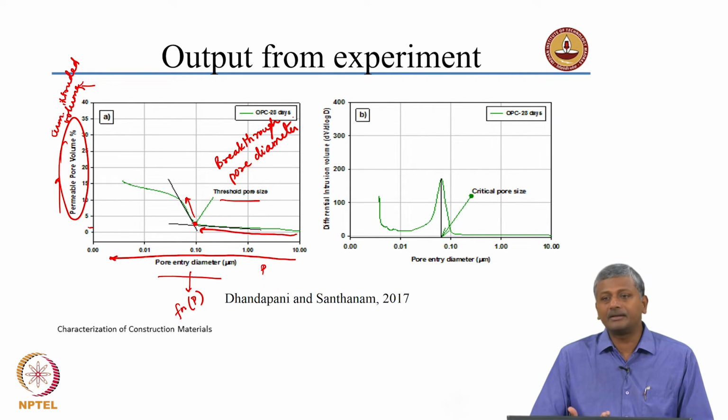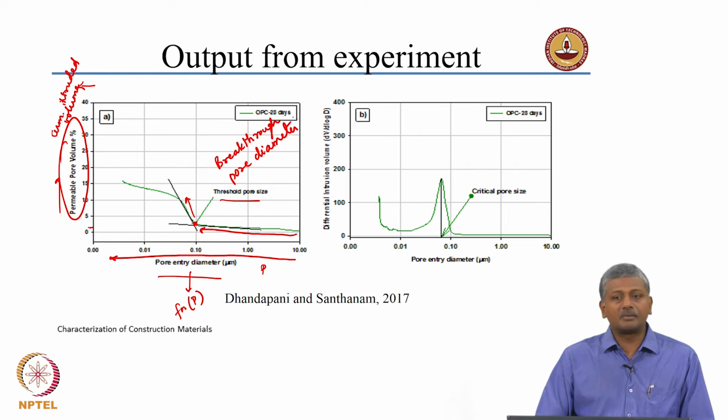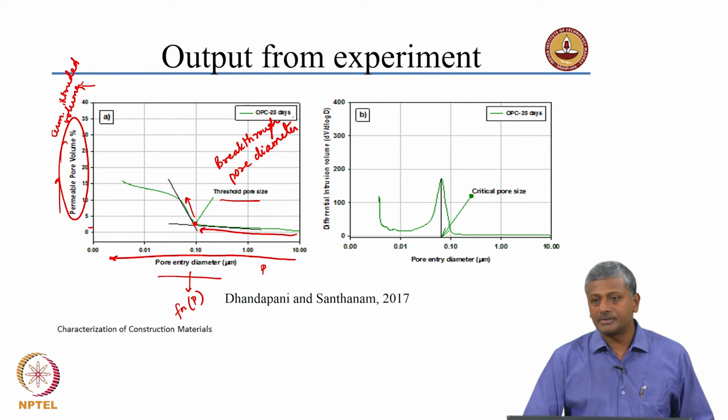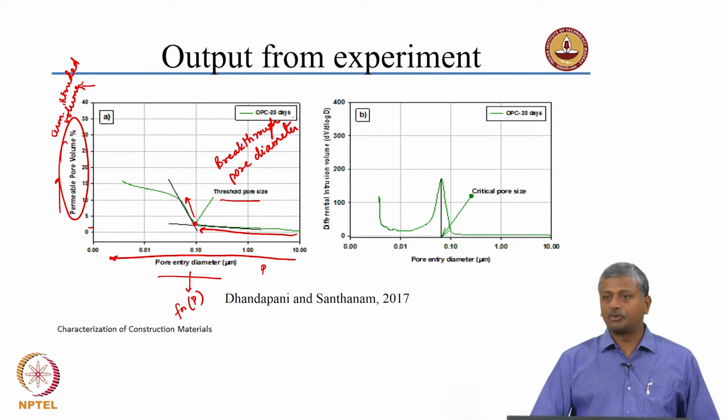That is why we find that in spite of extremely aggressive conditions, sometimes the penetration of moisture into the concrete is minimal. Why? Because the pressure generated by that water may not have been large enough to overcome this critical pore size or threshold pore size. So, it is the minimum pressure that you need to apply to flood your porous system with the fluid. So, it has a direct connotation on your durability of the system. So, the smaller the threshold pore size, the higher the durability of your system.